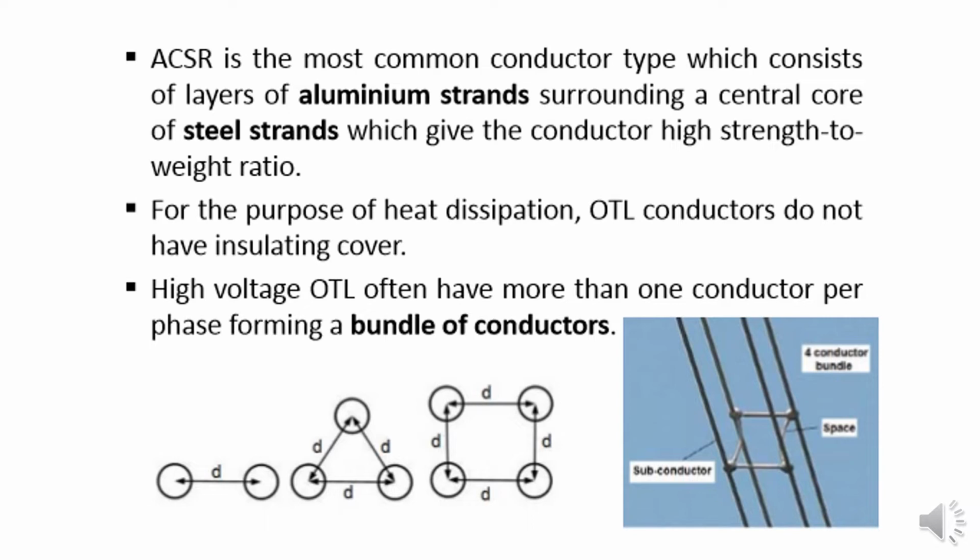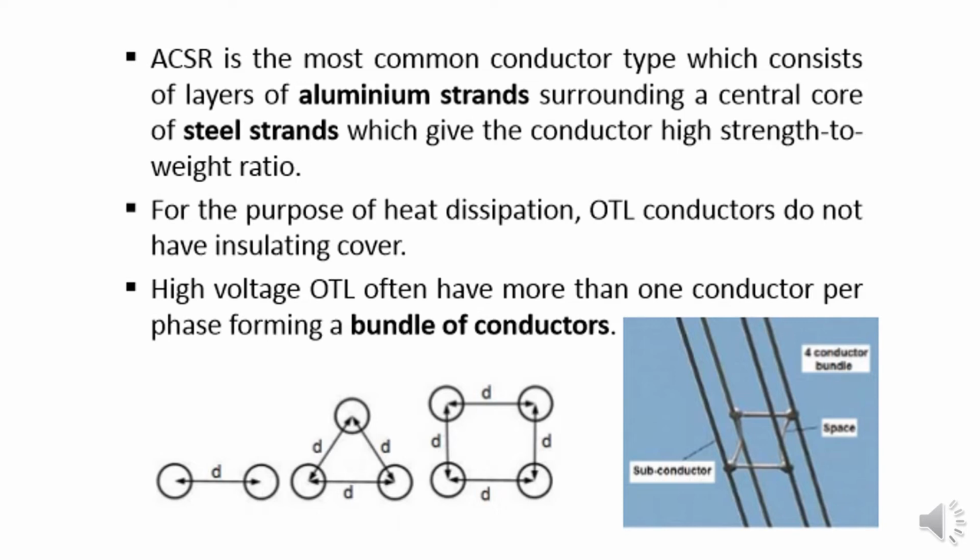That can be between two phases. So this OTL conductor ACSR, most of the time they don't have an insulating cover. And also they will carry high voltage, and therefore, in order to form or in order to carry one phase,